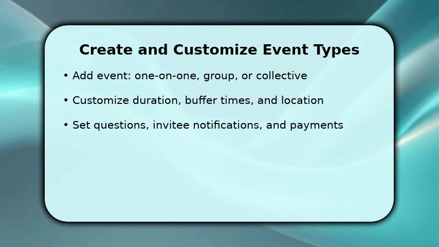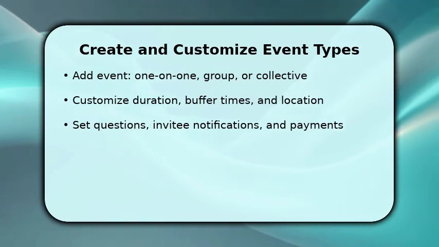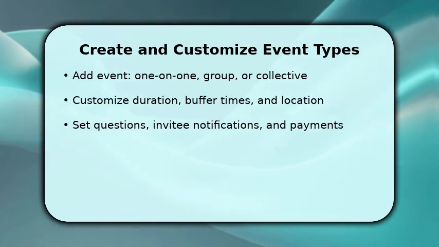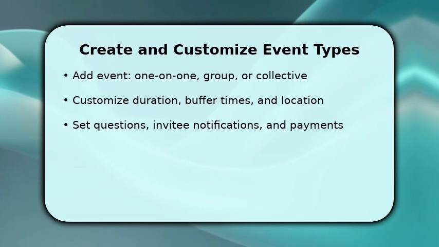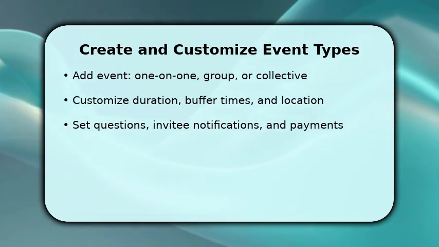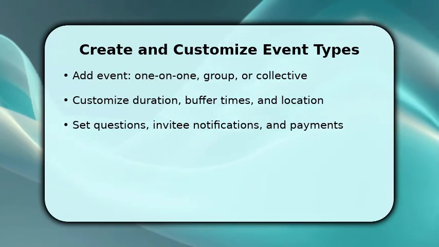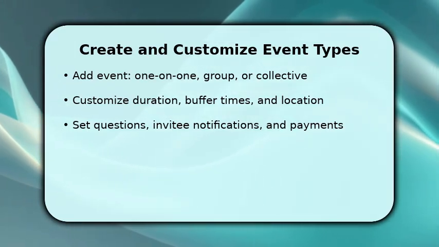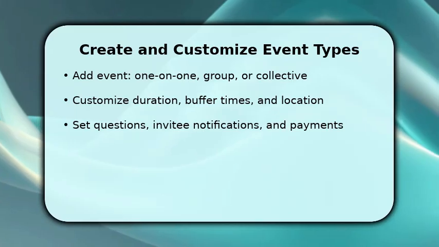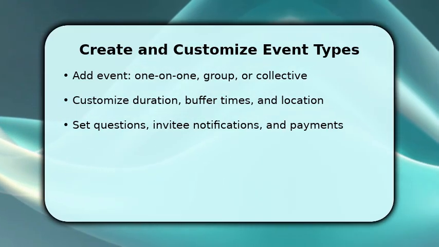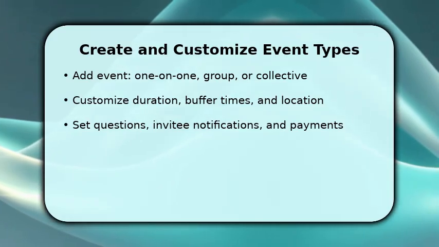Next, create an event type that fits how you meet. Choose one-on-one or group, then customize duration, buffer times, and maximum attendees to control your day. Once configured, add location options like Zoom links or physical addresses, and include intake questions to gather necessary details ahead of time. Make sure notifications and reminders are enabled so no one misses the meeting, and, if applicable, connect Stripe